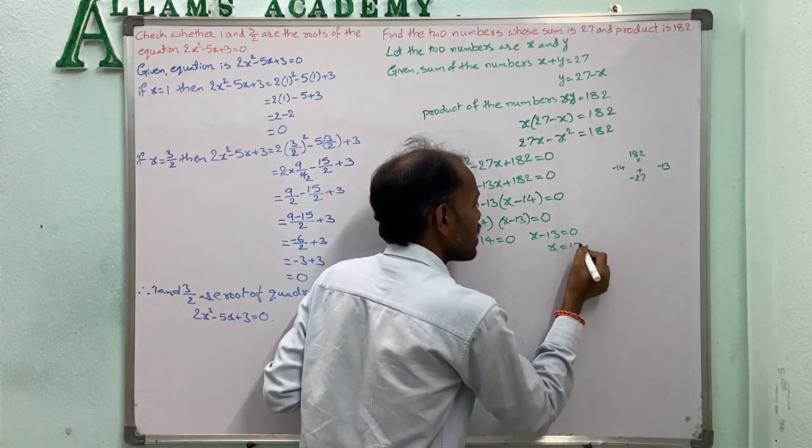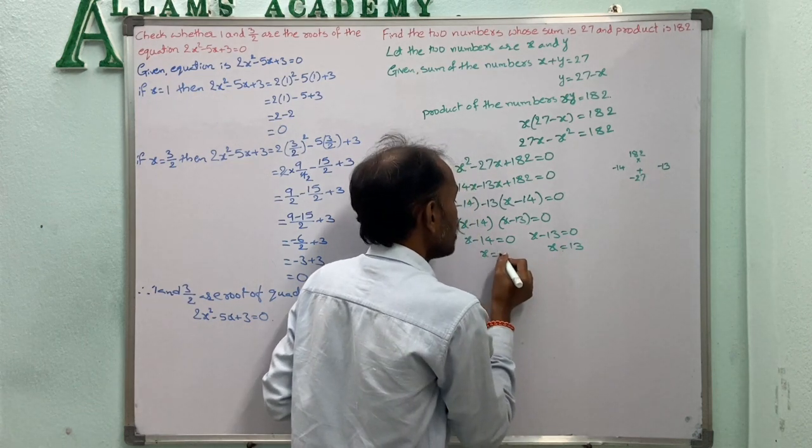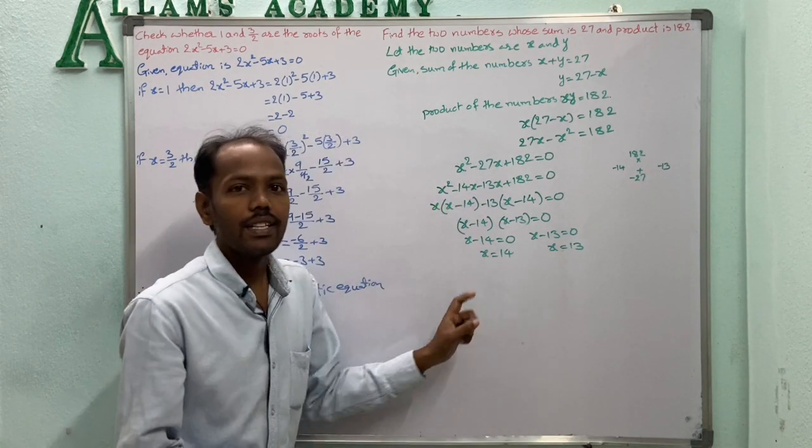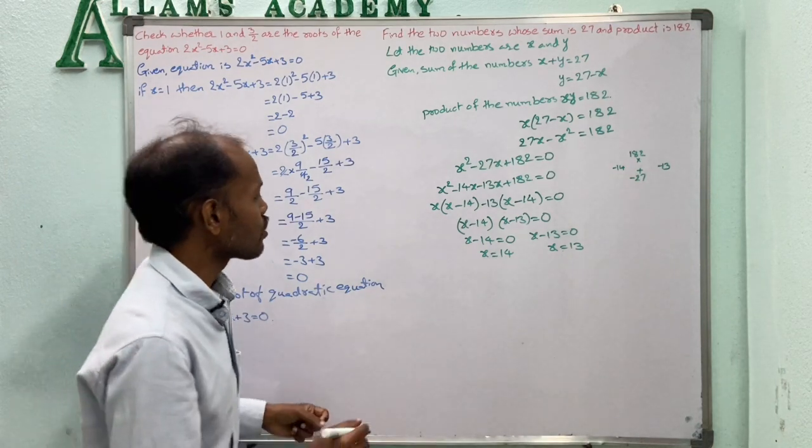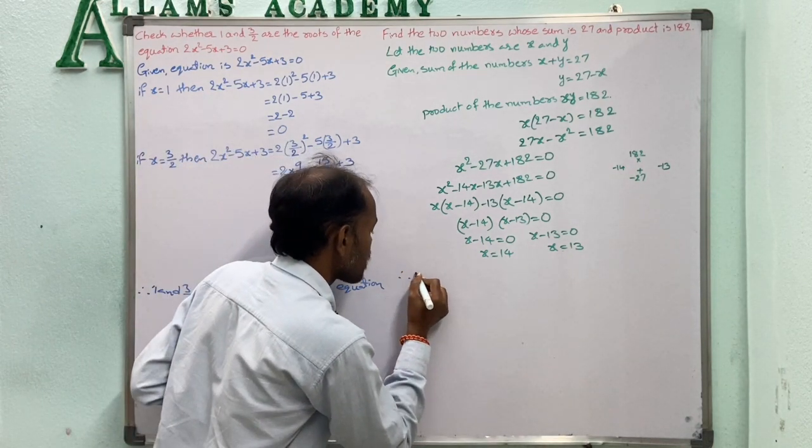If x minus 13 equal to 0, then x equal to 13. If x minus 14 equal to 0, then x equal to 14. So therefore the two numbers are